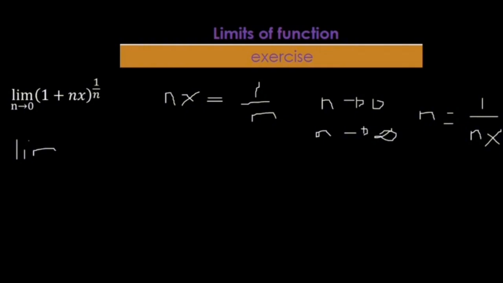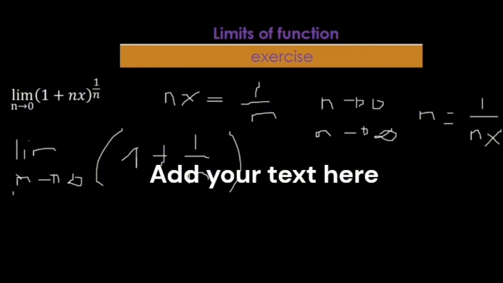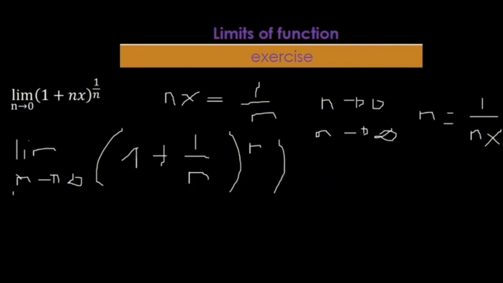Okay, m tends to infinity of 1 plus 1 all over m to the power what? What is n? 1 over n is equal to mx. Yes, m, all that times x. The answer will be equal to e to the